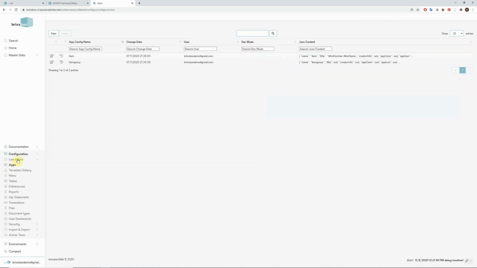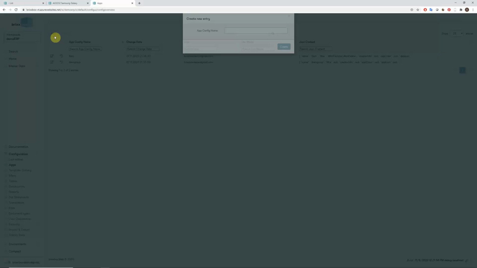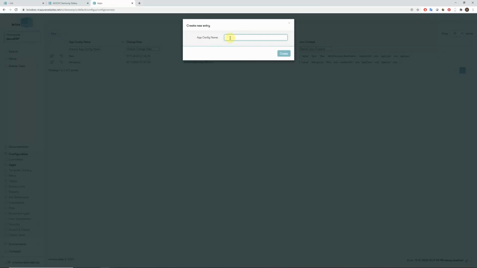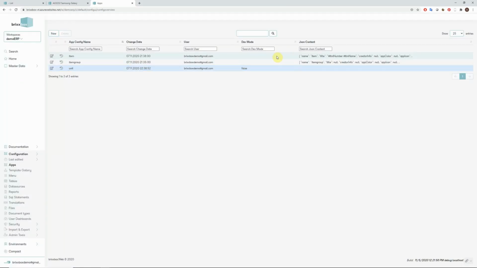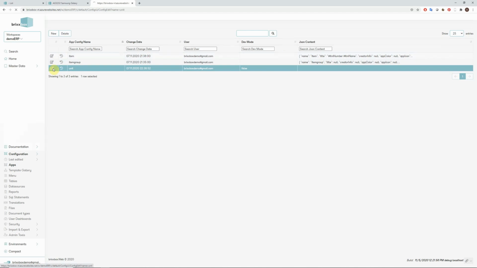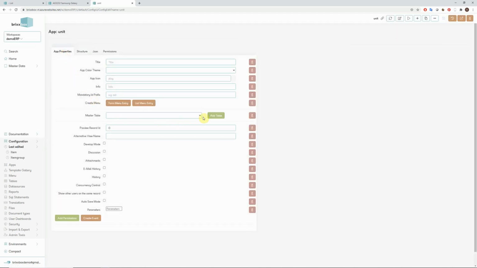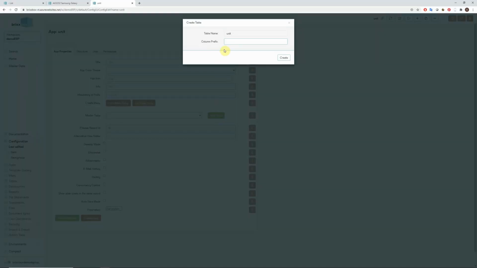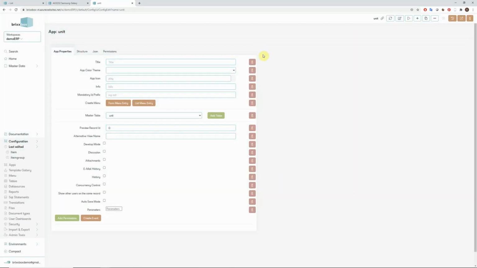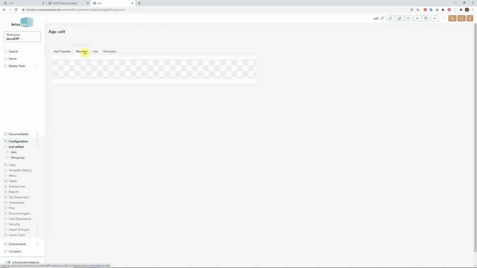So open apps, create new, call that one unit, open it, go to app properties, create our table, UNT as a short for unit, create, table is created, go to structure,